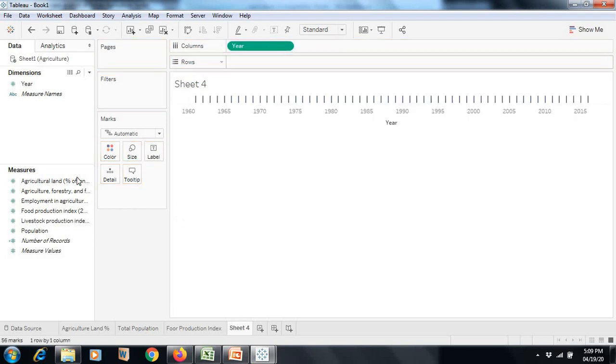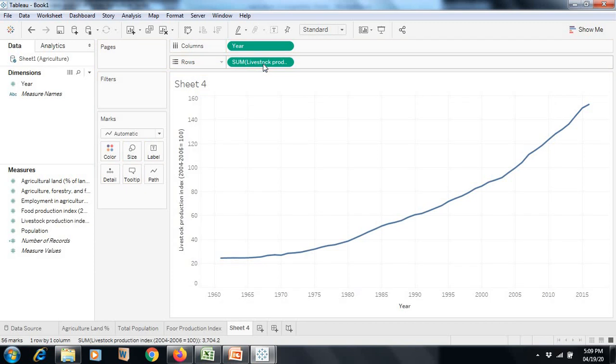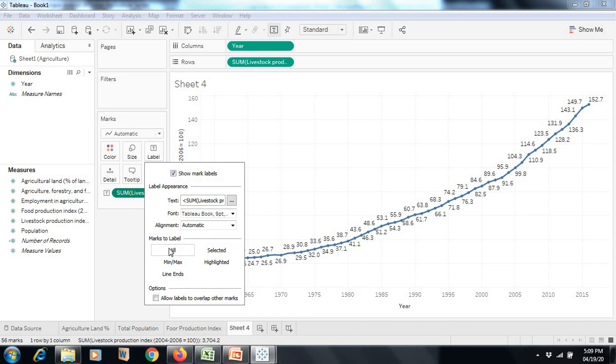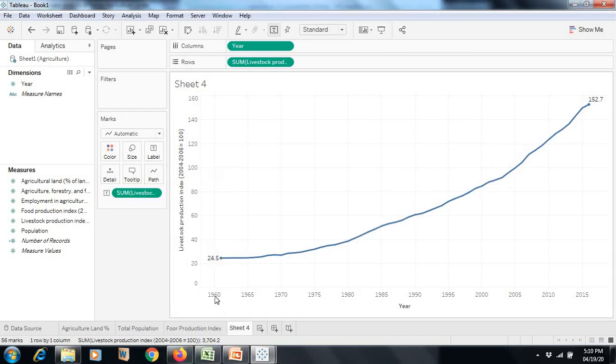This is my year. This is my livestock production index. Again, I want to make my livestock production index as a line chart only, and I want to highlight only the cells representing here, minimum maximum. So my livestock production index has gone up almost 6 times.